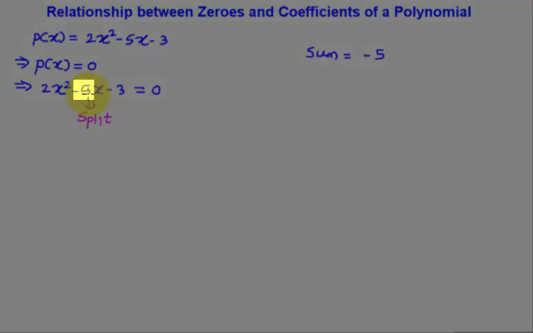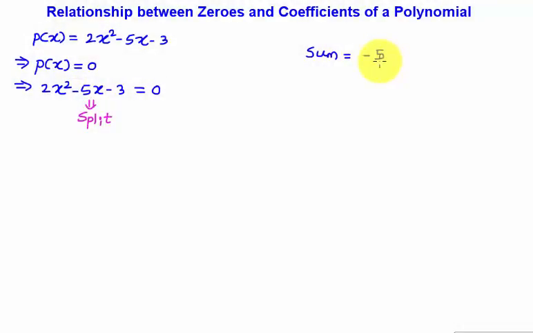For this we need to factorize. Now let's split the middle term so that we will get the factors of polynomial 2x square minus 5x minus 3. For this we need two numbers such that their sum is the coefficient of the middle term. Now the coefficient of the middle term is minus 5. So we need two numbers such that their sum is minus 5 and the product of the two numbers must be